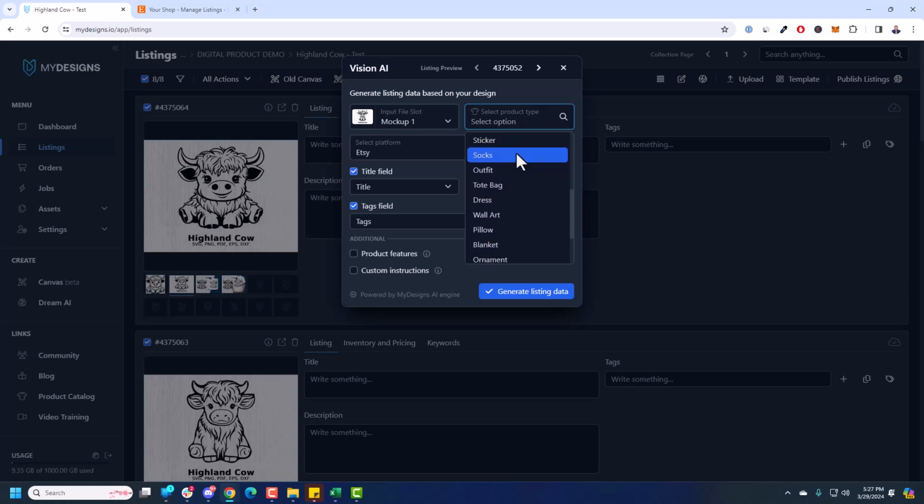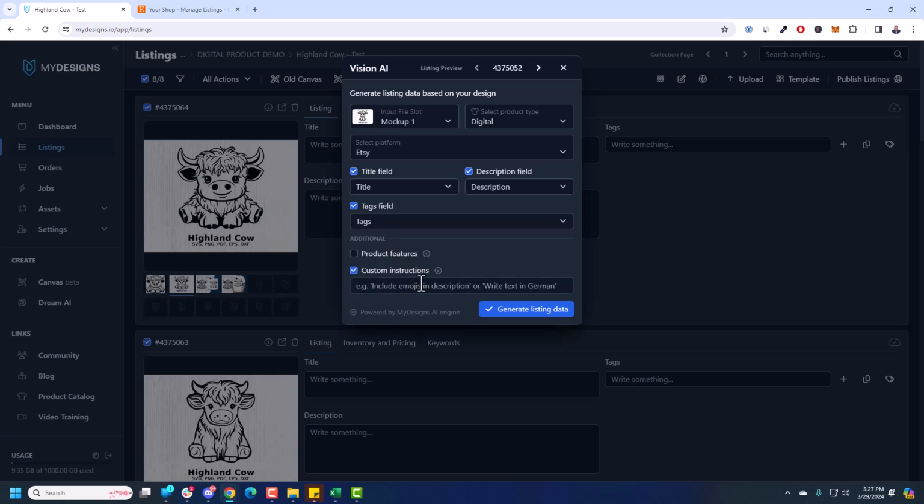You can see we have a bunch of different categories here. Let's change this to digital. The platform is Etsy. We're going to generate title, description, and tags. And then custom instructions. You can give it further instructions of basically what you want it to follow. I'm going to keep this simple and probably do something like this is a digital product available for instant download